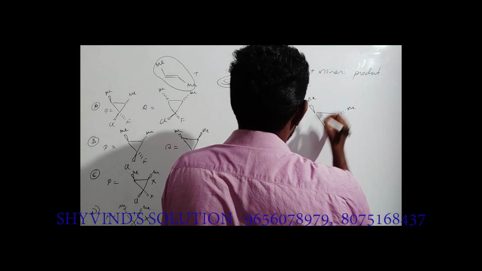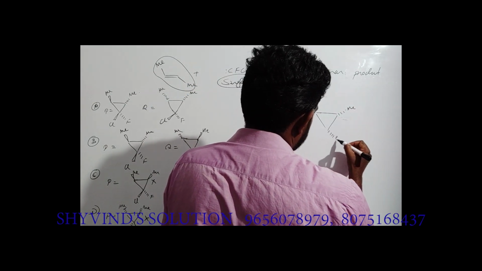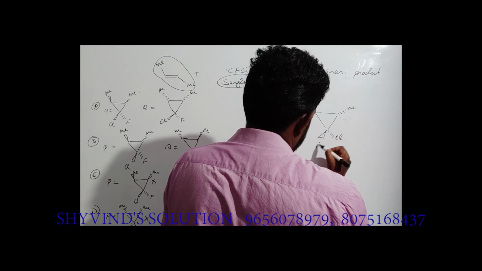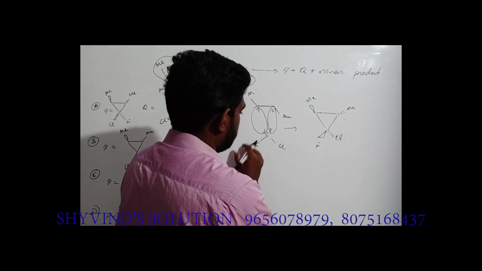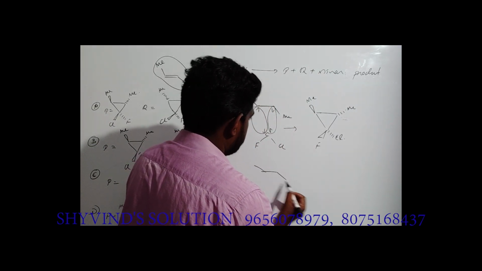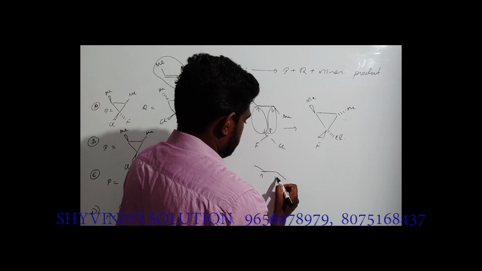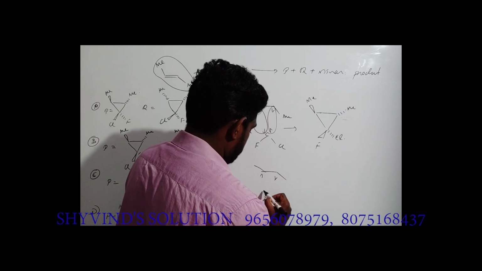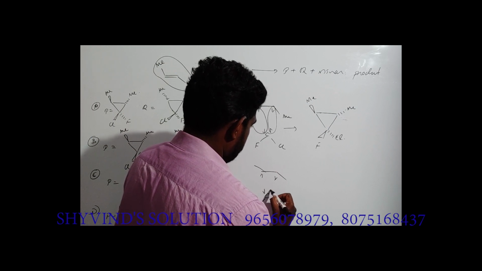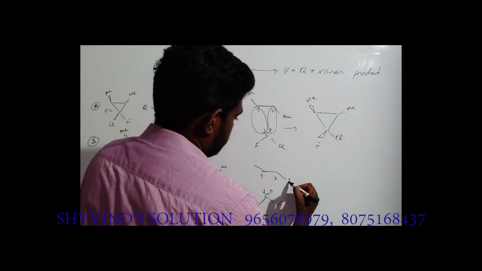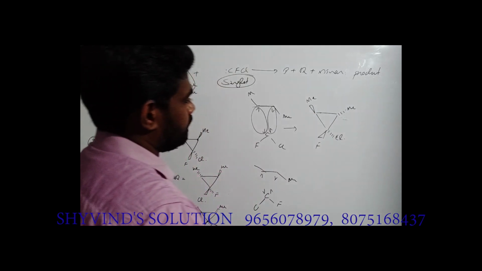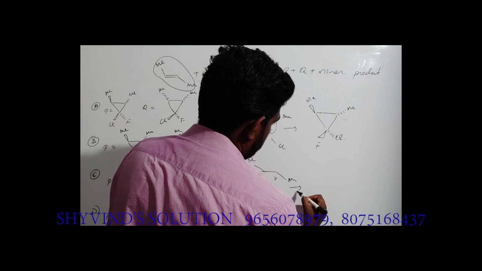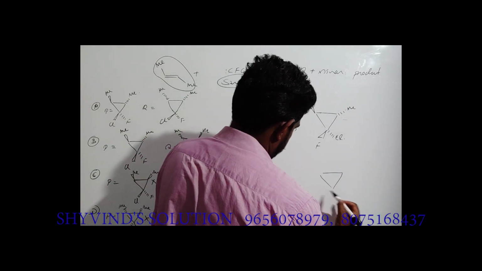So this is the first possibility. Okay, another possibility is this one. If we have a species like this, Cf and Cl, it's also another possibility. Okay, and if it is forming like this, you can see Me, it will give you another product like this.